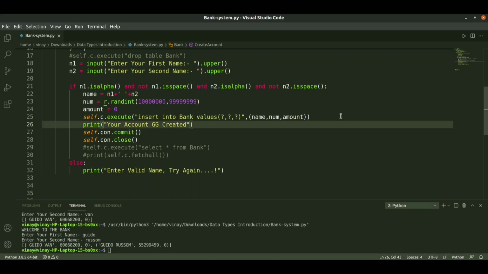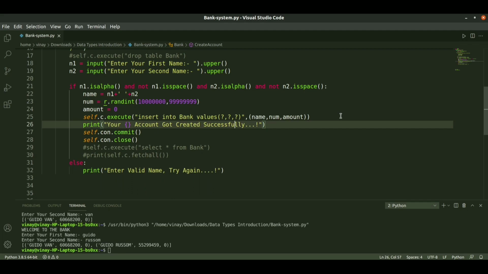So the account will be created. Your account got created successfully. And we will display his name here.